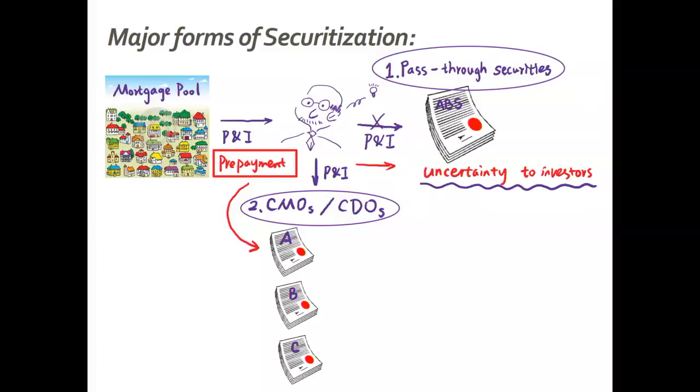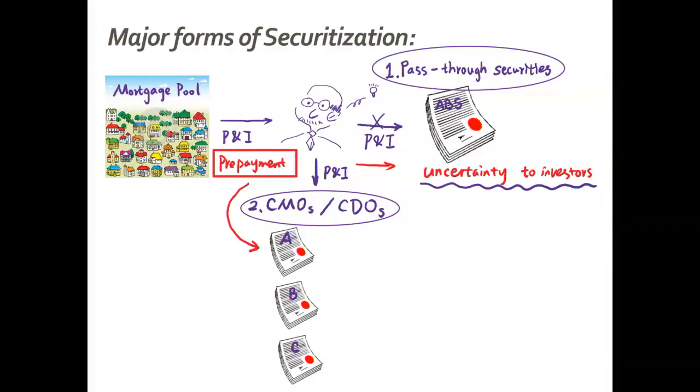Imagine you have a cake. Half of the cake has one flavor, the other half has the other flavor. Originally, we would mix the cake and cut it into equal fractions. Now, the smart guy says, what about we cut the cake in different ways, so different flavors go to different investors, depending on their preference? In this case, everyone is happy, and they are happy to pay a better price for these securities. So how do we do that?